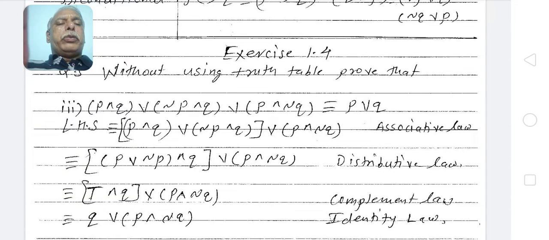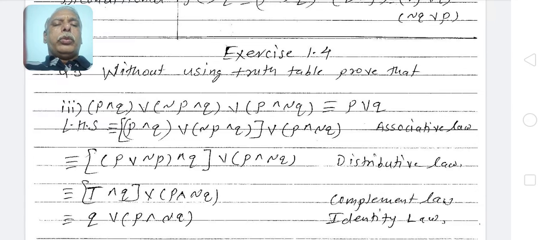Now considering these first 2 brackets, what is common? Here the Q statement is common, but not only the Q statement, the operator before that Q is also common, and take this common operator along with the statement outside the round bracket. We will get P or negation P in the round bracket and Q. Now the square bracket is completed, or P and negation Q. This is called the distributive law.